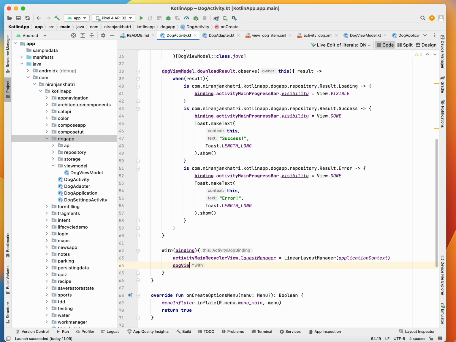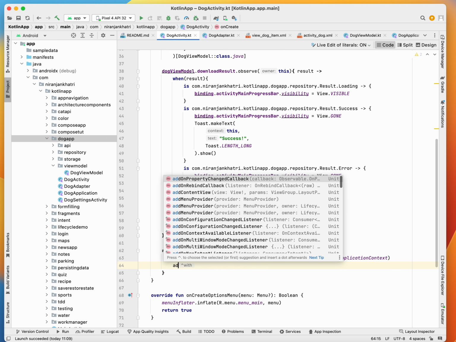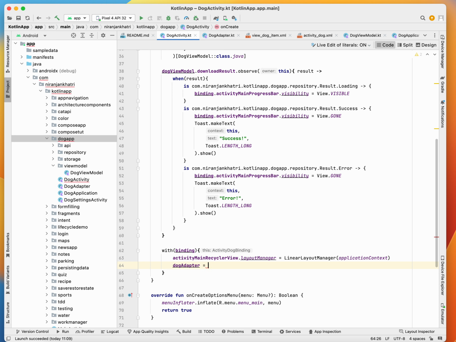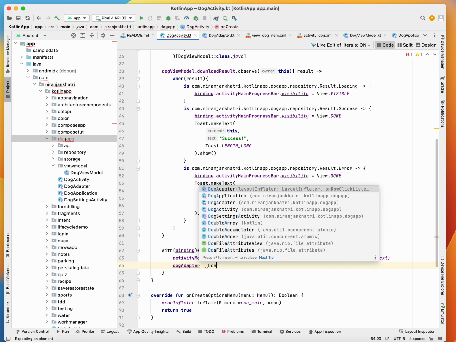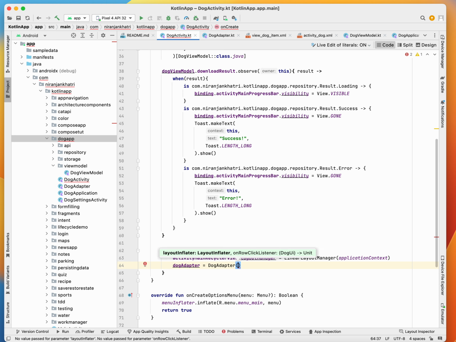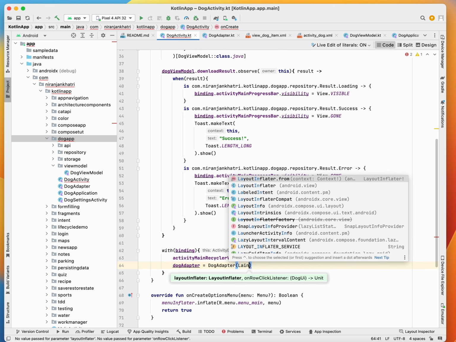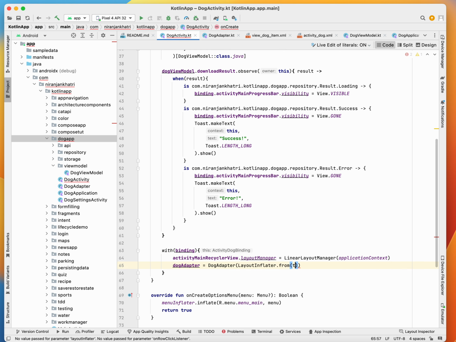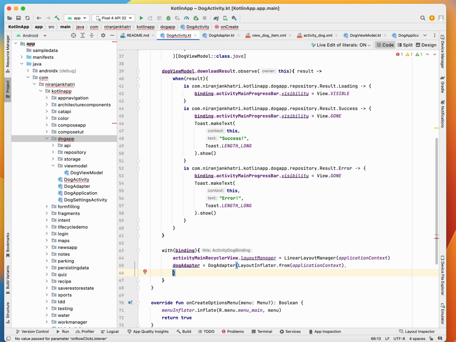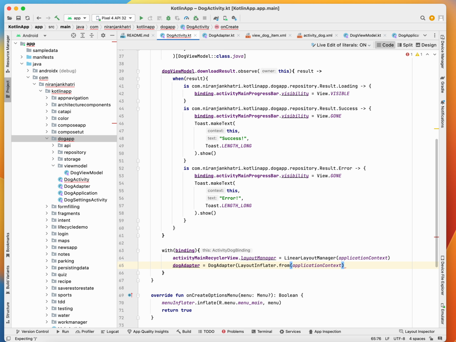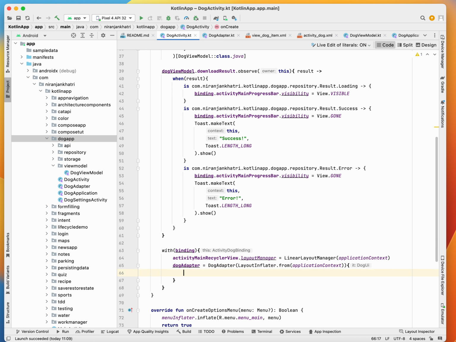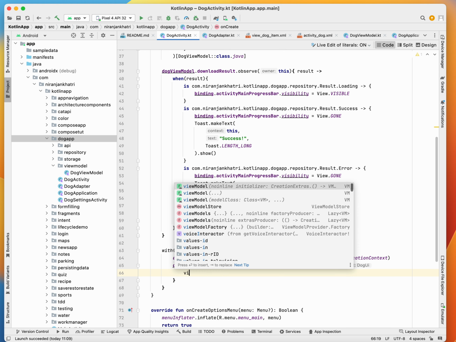Now first we have to create the adapter. Your dog adapter will be initialized with your dog adapter, passing your layout inflator from application context, and then you also need to provide your clicker, right? So whenever you click listener, like your view model,